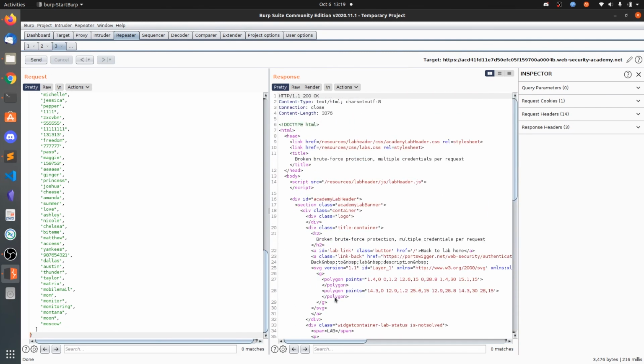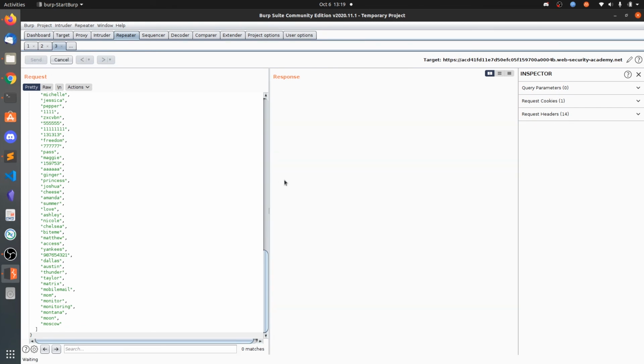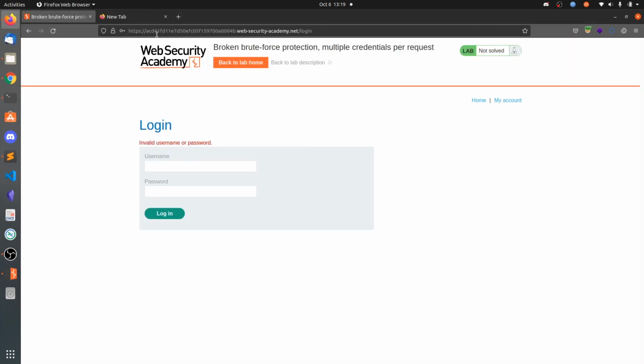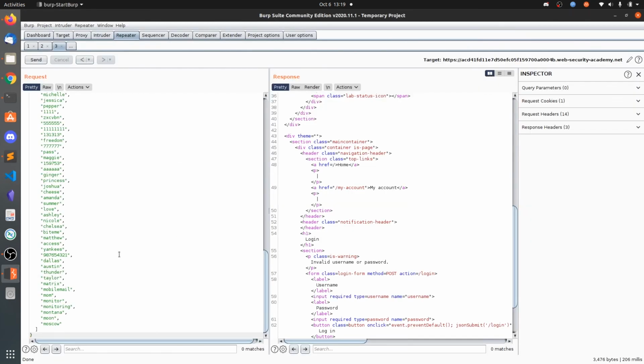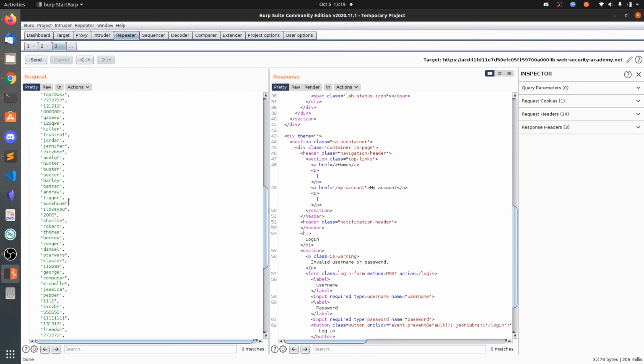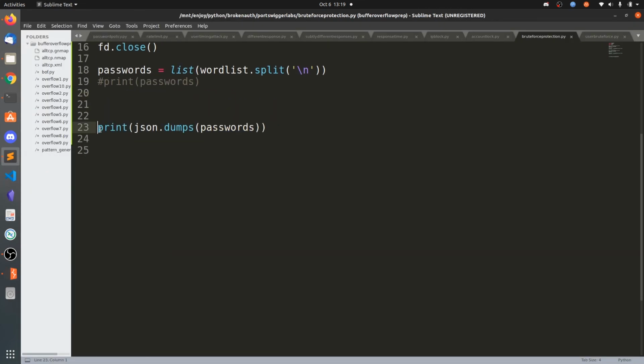Okay, let's send this one using Python. I don't know why we are getting the error. The format is correct, so let's try this with Python.